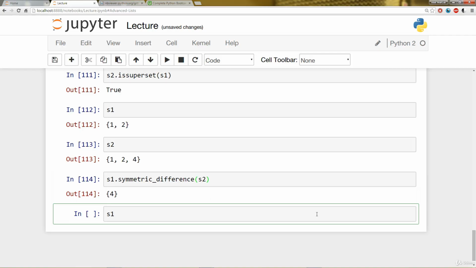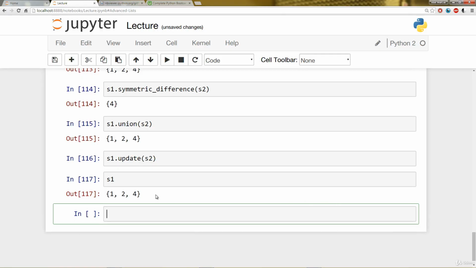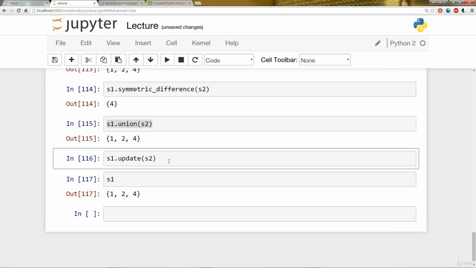Moving along, I will now go over union. So the union method returns a union of two sets, and that's all elements that are in either set. And that will be here in this case 1, 2, 4, because 1, 2, and 4 are in either set. Okay, and last but not least, we'll go over the update method, and it updates a set with the union of itself and others. So that means if I said S1.update(S2),